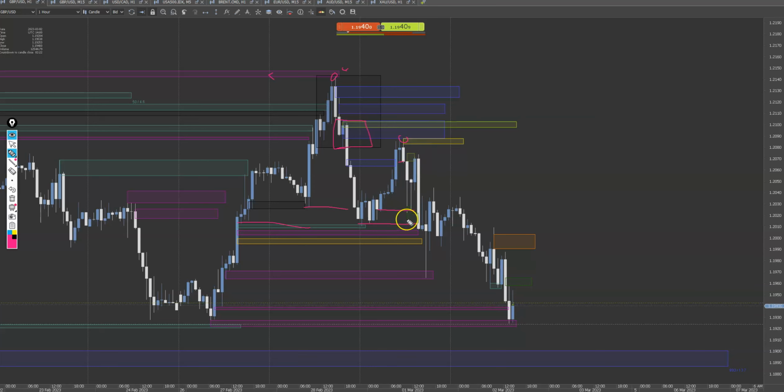Actually, you can't see it, but this is the wick that came to the lower end, and then we sort of went back and cleaned up this shelf area. We came back down, started to consolidate. This is the rollover and Asian session, so thin movement, and then we came back down and cleaned up this area, actually moved below, then cleans up this area, this little, not shelf but base, let's call it,